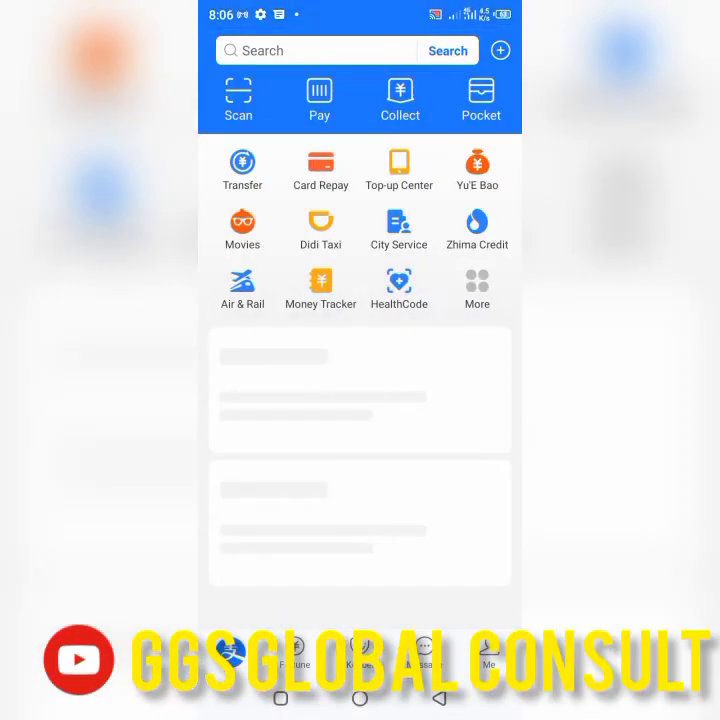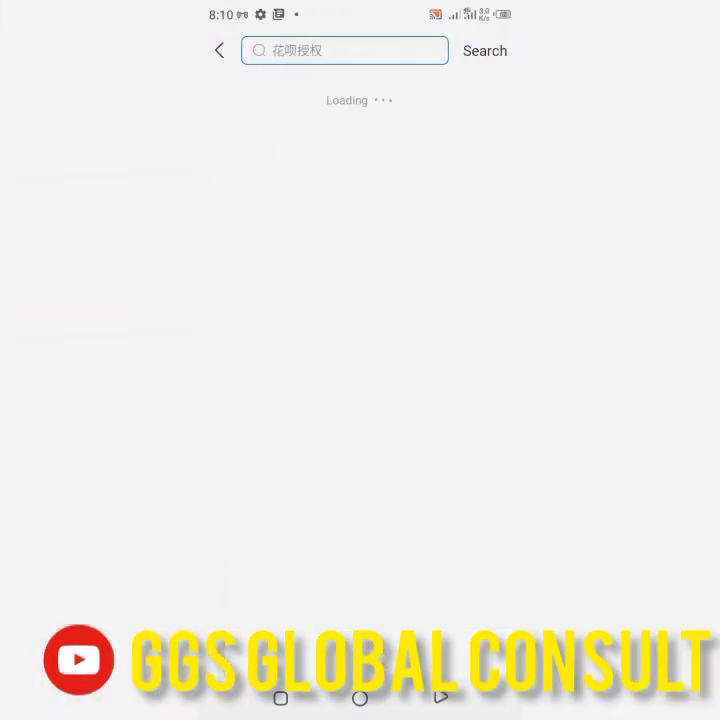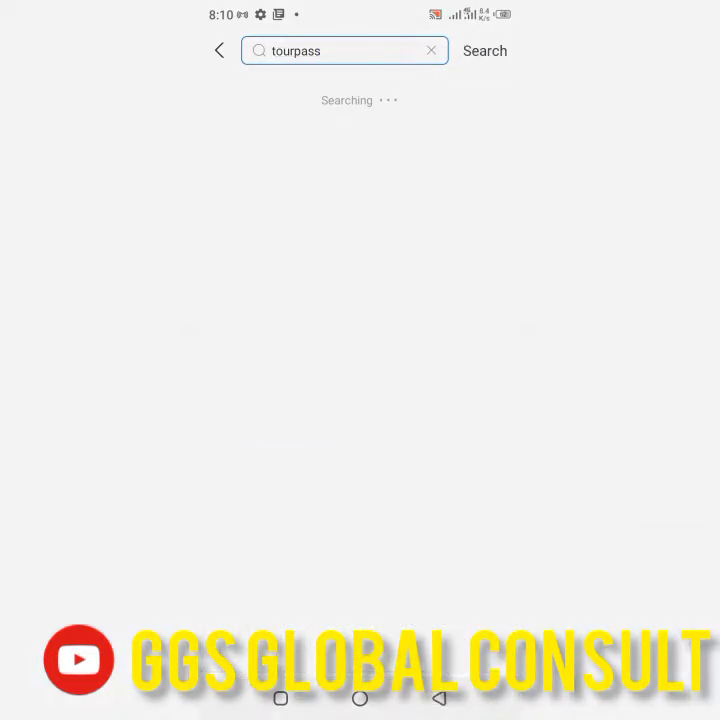Wow, I'm already in my dashboard. You're already logged in. The next thing you do, you search for Tourpass. I give you the search where you can search for that. Tourpass. Click on search. So this is just the place where you'll be awarded their Chinese card to make payments,